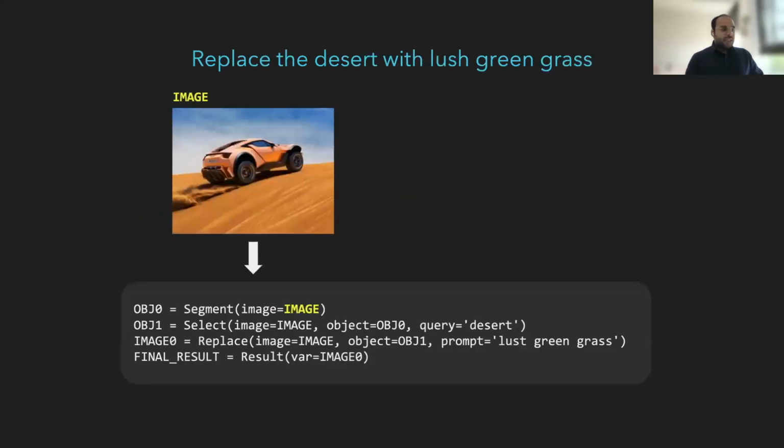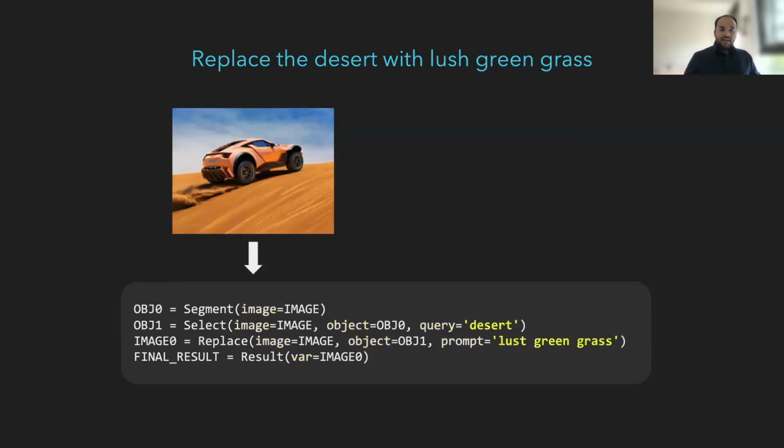So now let's look at what these programs themselves look like. So here's the instruction: replace the desert with lush green grass, and we have the image. And at the bottom is the kind of program that our VisProg system generates. You will notice that it has multiple steps. In each step, we invoke a particular VisProg module. These modules have as input various arguments. You can have one argument or more.